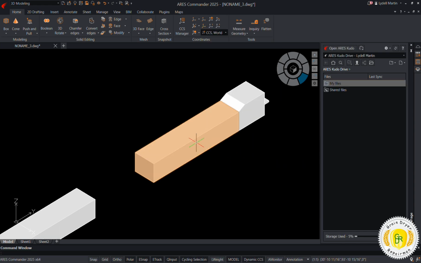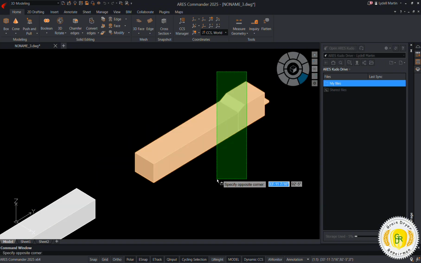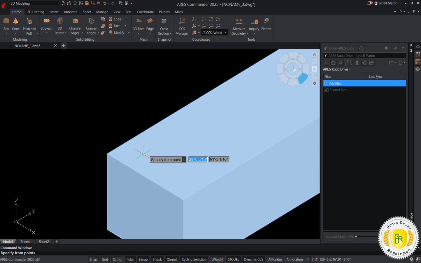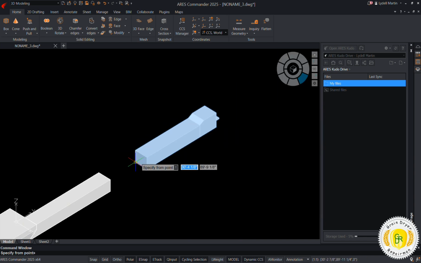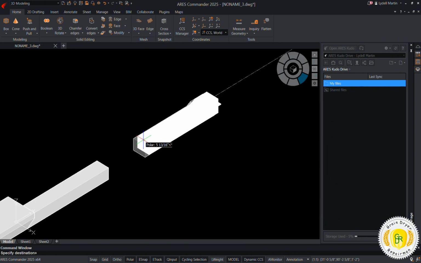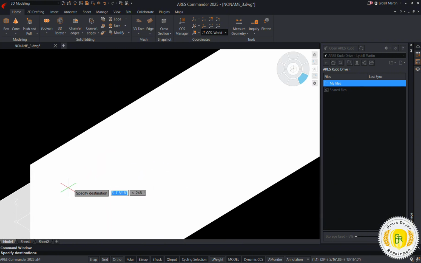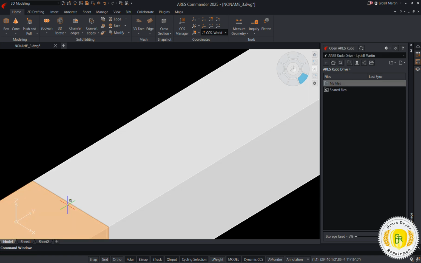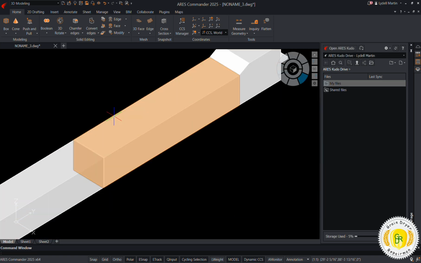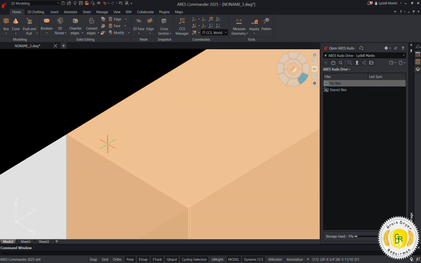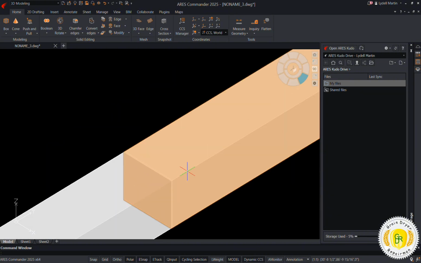Now to move that back into place, there's a couple ways to do it. So we're going to select it, we're going to right click, we're going to say move. And since, let's say we don't know how far we need to go, we're going to select the center of the top. We're going to bring that over to the center of the top. And there we go. When it's gray like this, it's really hard to line up the center of the top like that. So I recommend